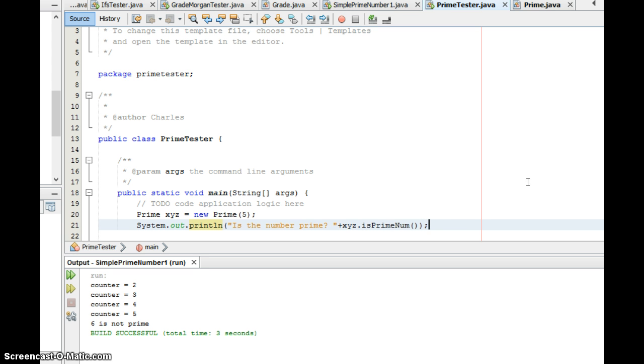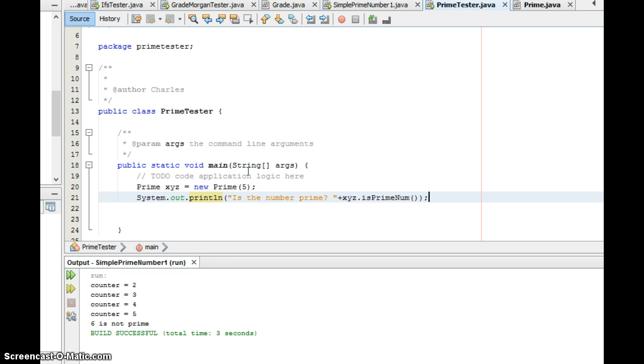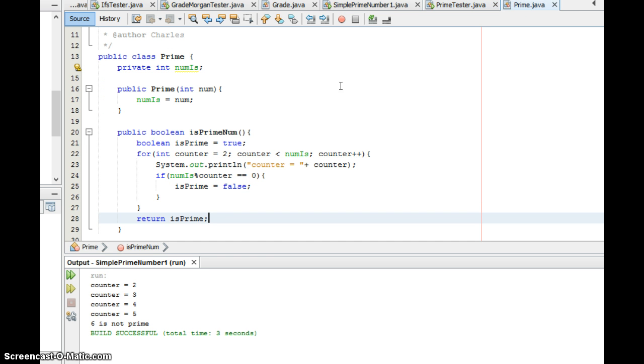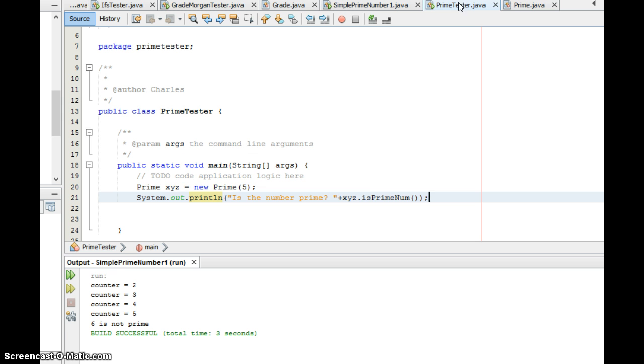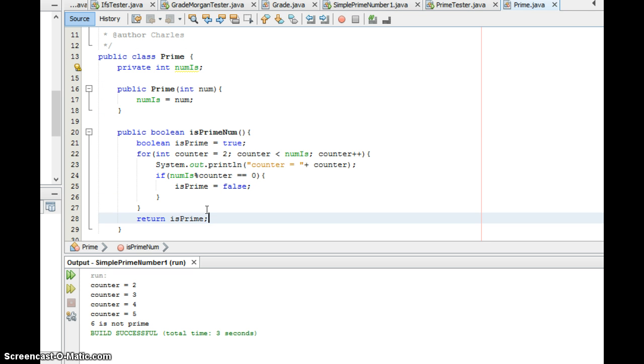Now, I'm running out of time. This isn't the best as far as output. I just kind of wanted you to see that you could come in here, you could set up your constructor, pass the number in, run everything through here, and return that back. Okay. And then here you could print out true or false, something like that. So again, you could make this better. You could maybe have the output be a little better. You could do your print lines in here,